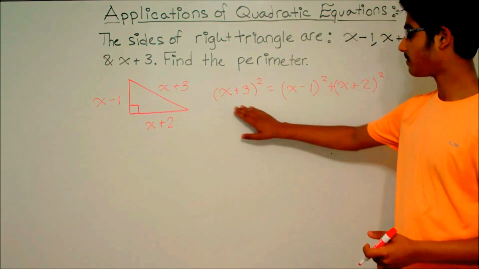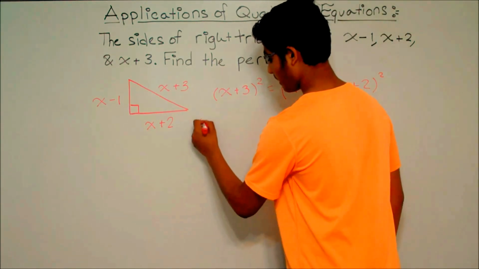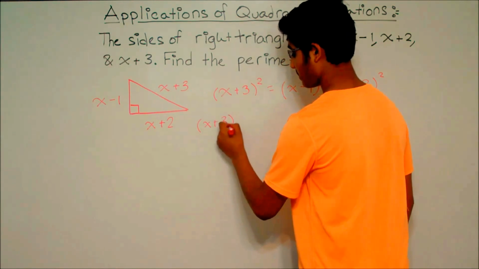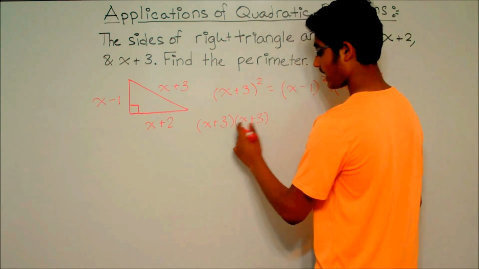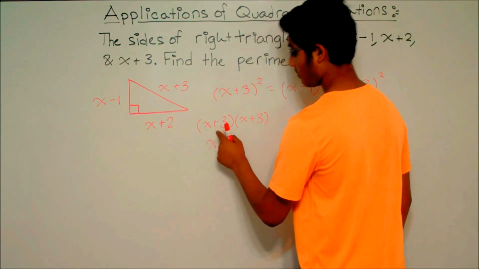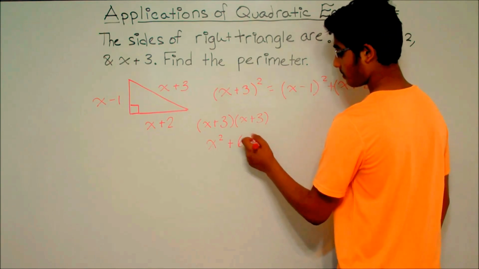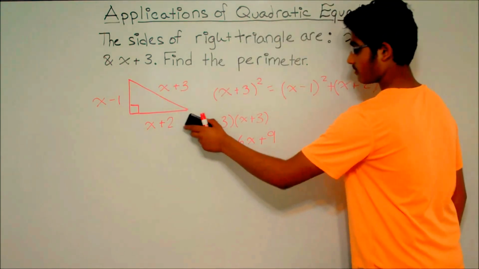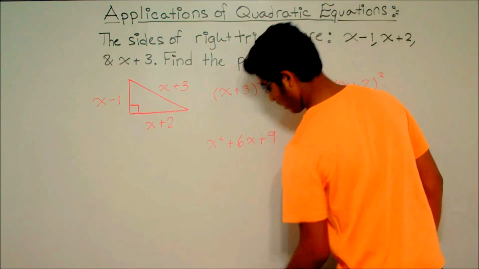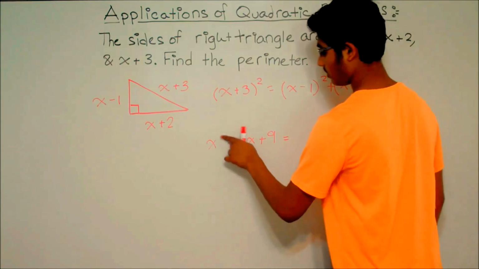So let's multiply these together. X plus 3 squared would become x plus 3 times x plus 3, which would be x times x is x squared, plus 3x plus 3x is plus 6x, plus 9, because 3 times 3 is 9. So x squared plus 6x plus 9 is equal to